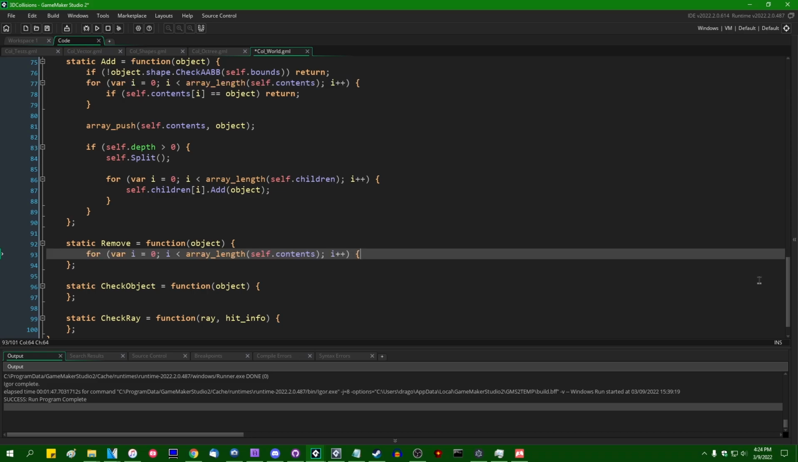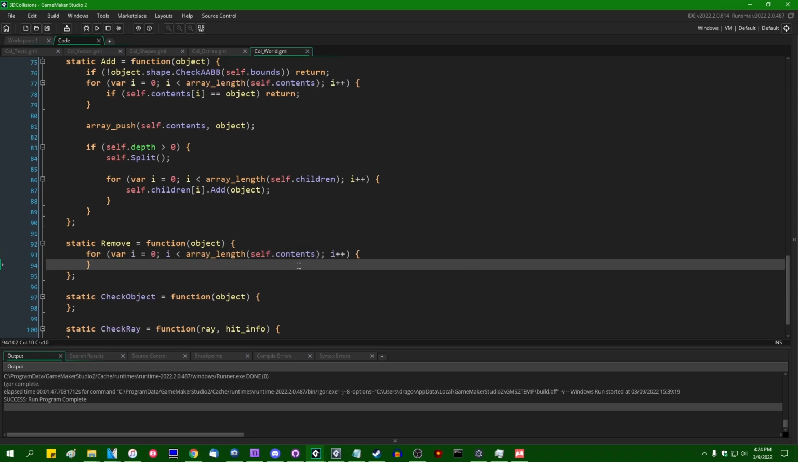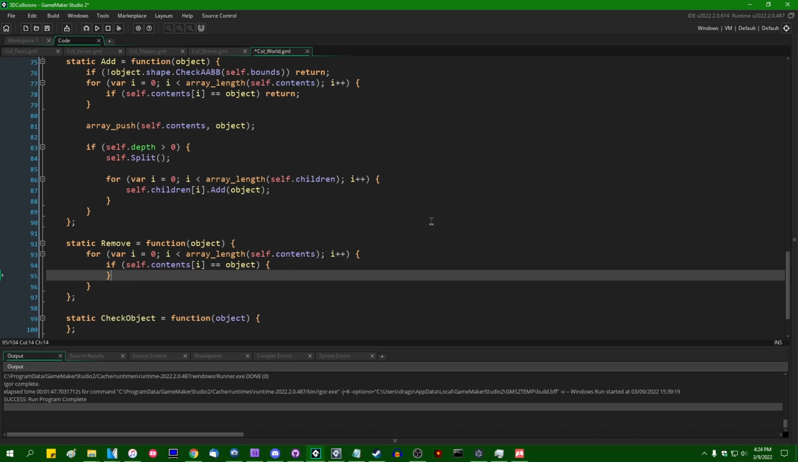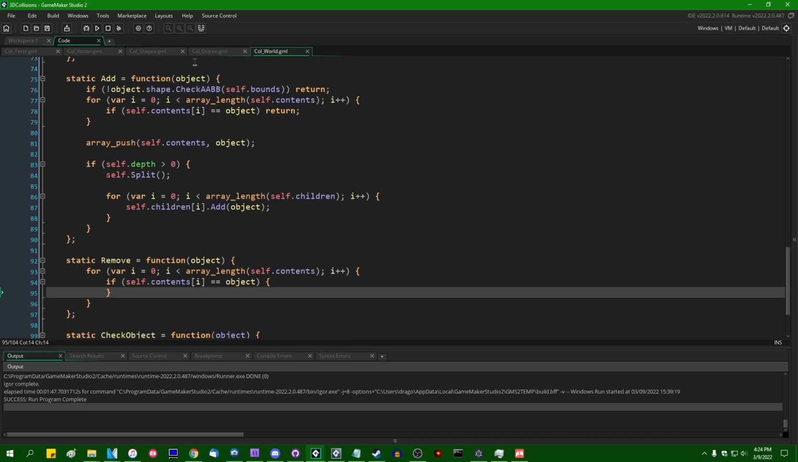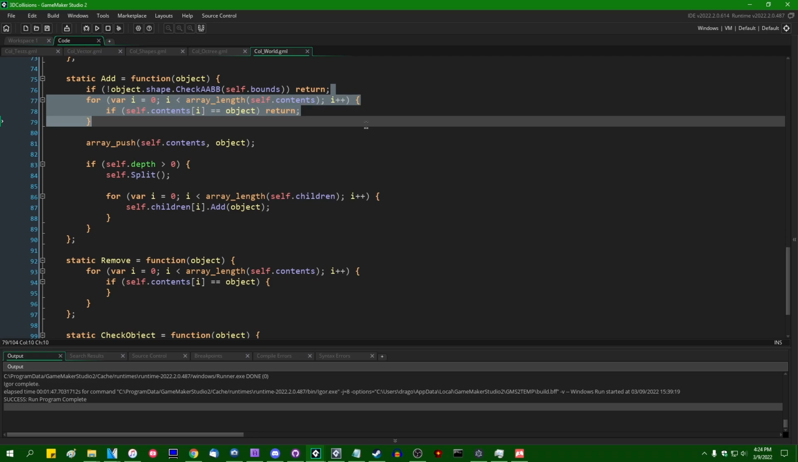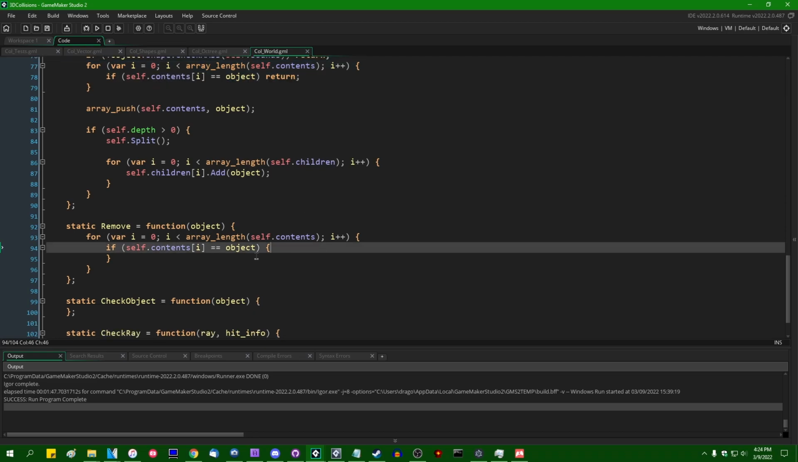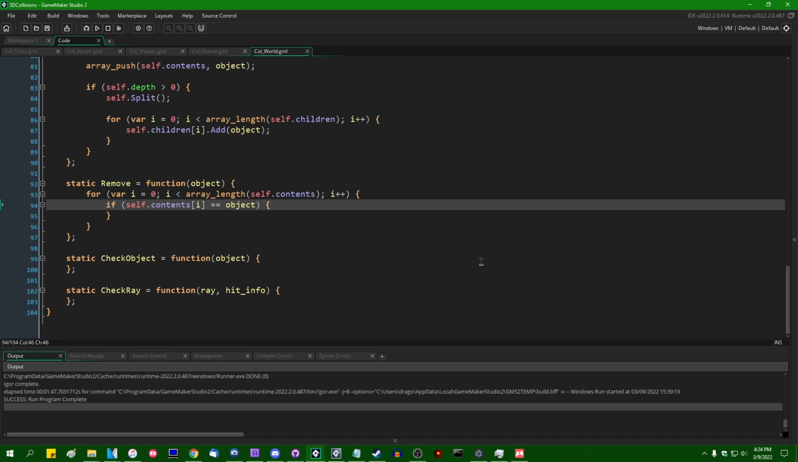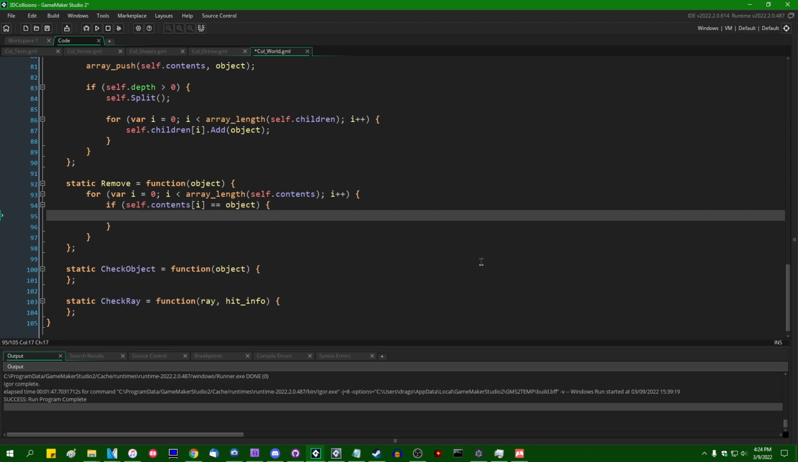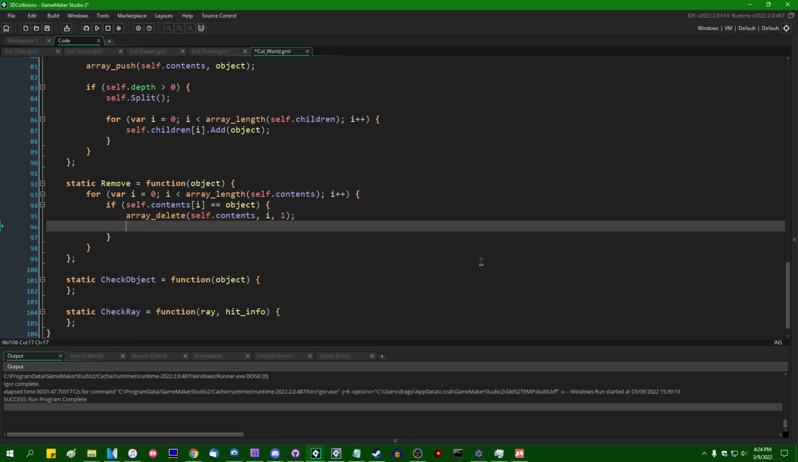So instead, let's just do a for loop over the entire contents of this node. If self.contents index i equals object, this is going to kind of be the opposite of the test in the beginning of the add method. So if the object is found in the OctreeNode, then array delete from our contents array index i, one value, and also if self.depth is greater than 0,